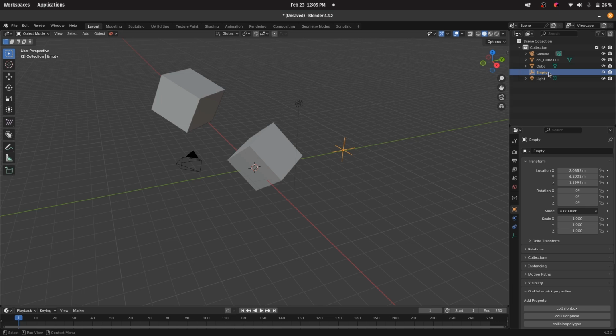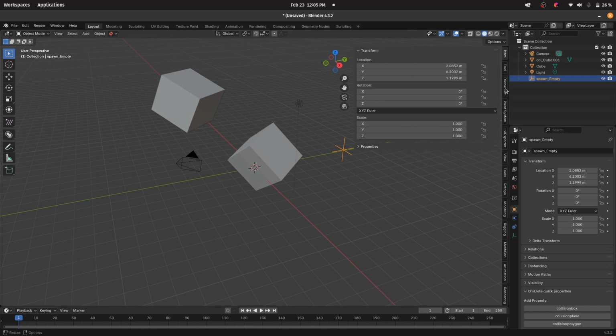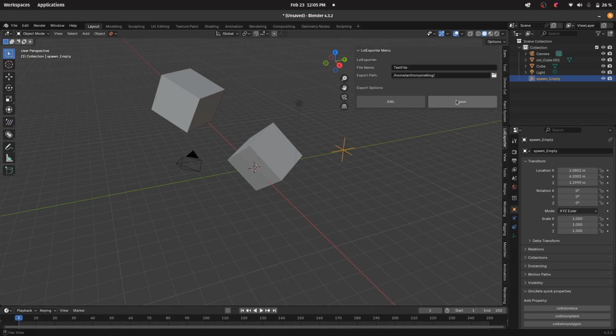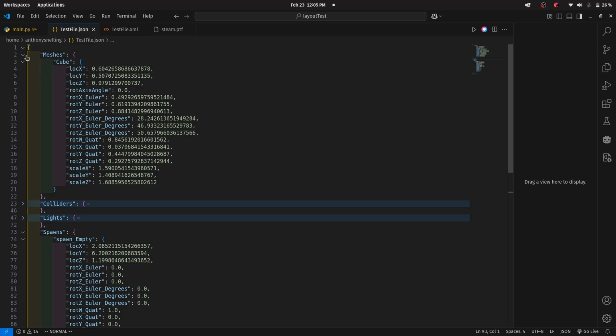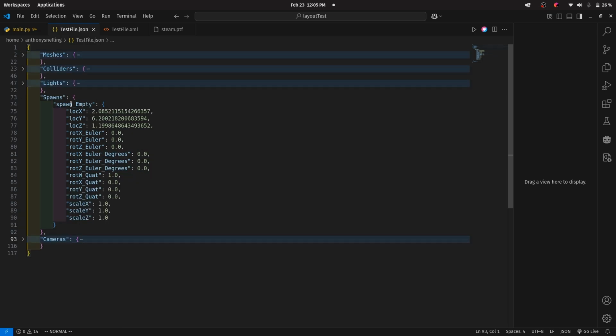But just like colliders, you need to write spawn underscore in the front of the name of the object. We can go back to Lvl Exporter, export that, and then boom, got our spawn empty, and it has the location. It pretty much gives you almost all the same information that a mesh would give you. Sorry, but it sorts it into the